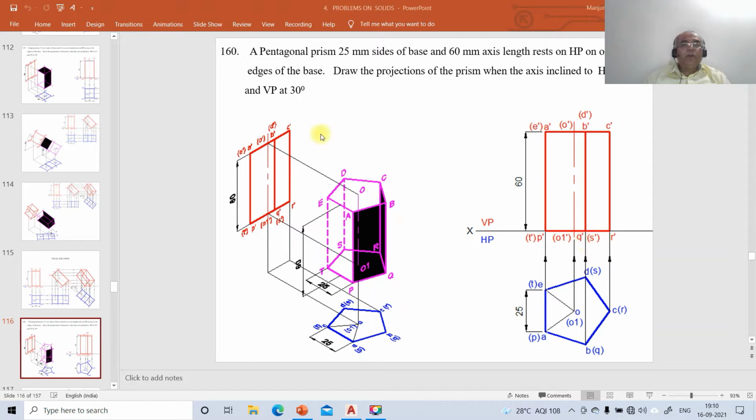Now we're going to take up one more problem on projections of solids. It's problem number 160: how to solve this problem by using AutoCAD software. The problem reads: a pentagonal prism of 25 mm sides of base and 60 mm axis length rests on HP on one of its edges of the base. Draw the projections of the prism when the axis is inclined to HP at 40 degrees and to VP at 30